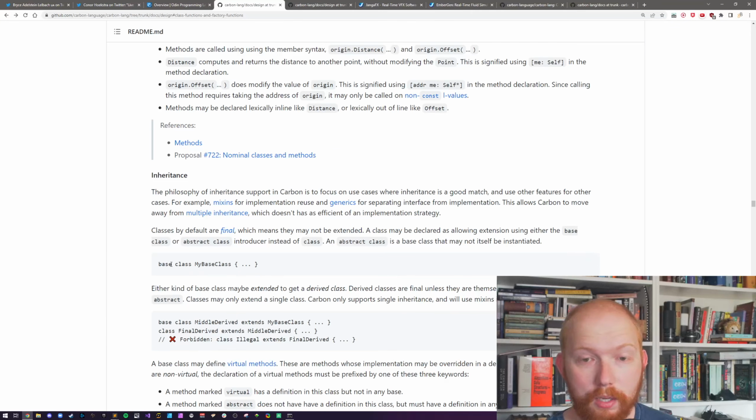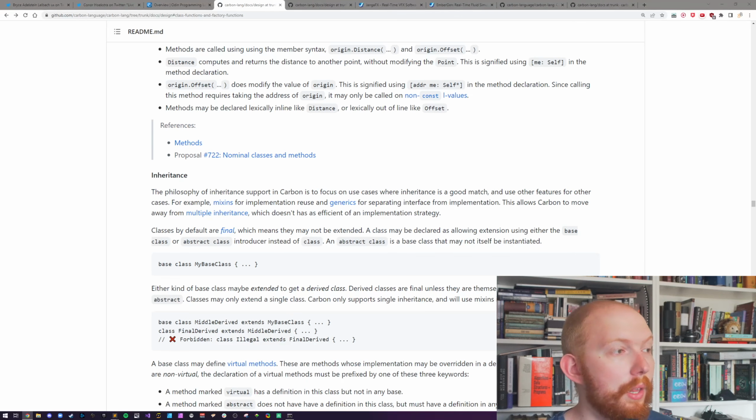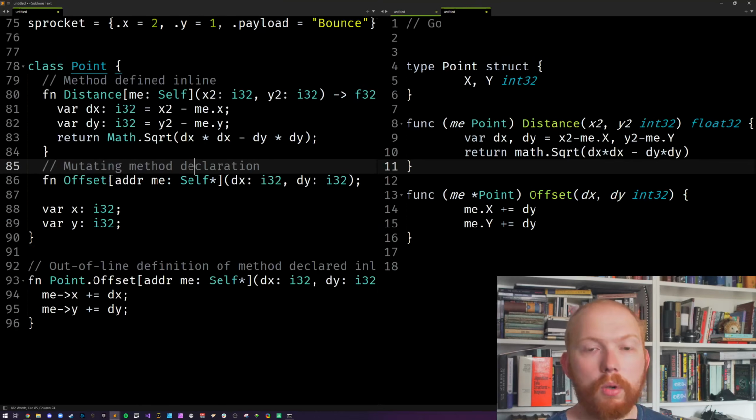There's inheritance in this language. Again, many people say you should prefer composition over inheritance, whatever the mantra is. But I think they've kept inheritance here mainly for mix-ins, and as well as keeping it the same as C++. Because C++ uses inheritance. You can do composition, but it's not built in. It's not like Go, where you have the interface system, or the Rust trait system. It's a type class system.